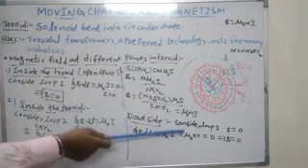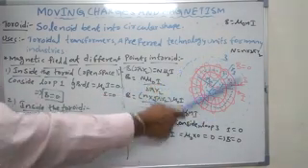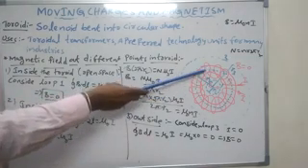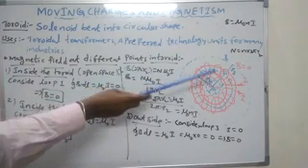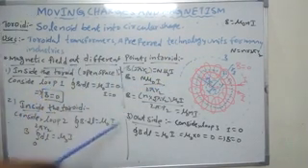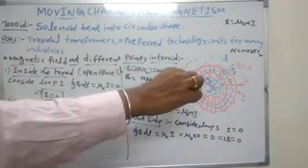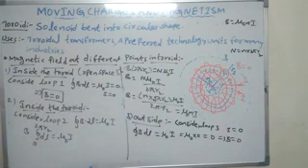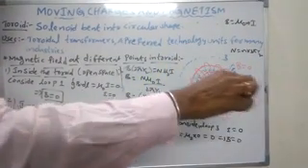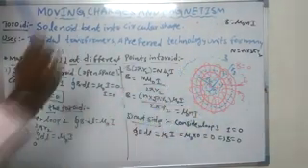In case of outside, consider loop 3. So this is loop 3. Loop 3 radius how much? r3. For that loop 3, the current on the upper side is outward, and on the lower side the current is inward. In case of the Ampere loop, let us consider current entering into the board as positive, and current entering outward as negative. How many currents are entering in, that many currents are entering out. Means the total current enclosed by this Ampere loop is 0.